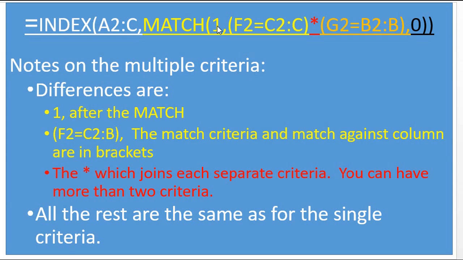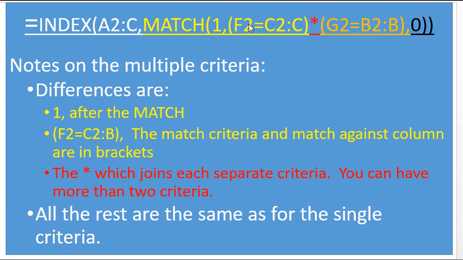The first difference is that there comes a 1 comma directly after the MATCH, and then it is followed by the match criteria and the match against column, which are all in brackets. This is then the match criteria equals the match against column, but in the match against column, sorry, this must be a